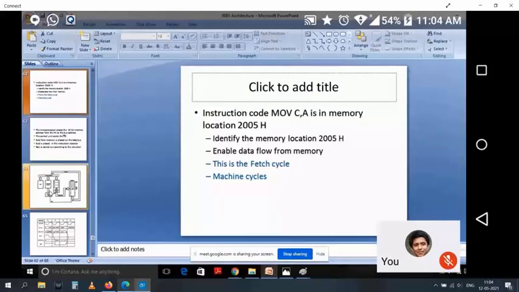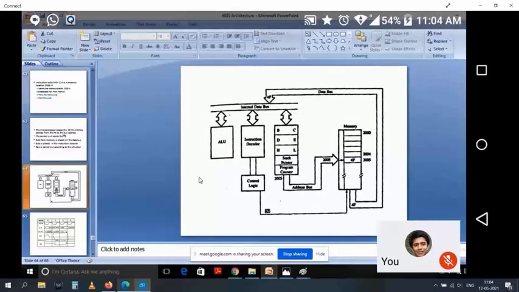So if it is stored in the memory, how is the MPU reading that instruction? How will you instruct the MPU to do something? Either you give an input, write it immediately and expect it to do some work, or your instruction is stored somewhere. You have written a program and stored it in some memory location. Here you are doing memory mapping. We have done memory mapping, how you are addressing all the memories.